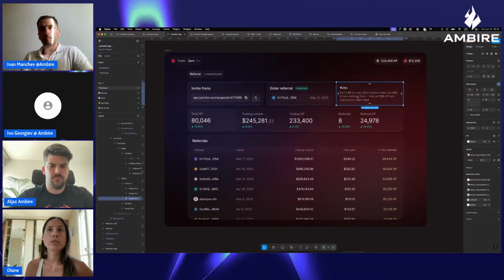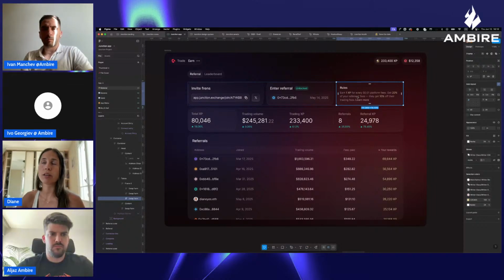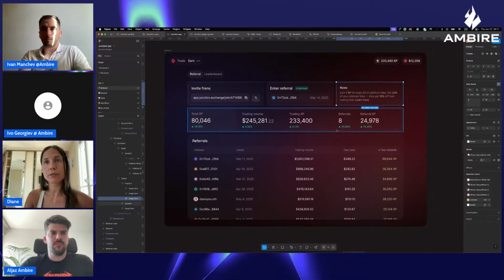So basically, all the users will be granted XP as rewards: 20% of their referees' fees, and they will earn 10% of platform fees when trading. So the more people trade, the more they will be rewarded. A thing to know is that swaps from USDC on a chain to another token on the same chain are less rewarding than a Bitcoin native to Solana native, for instance, because there are more routes and more chains involved.